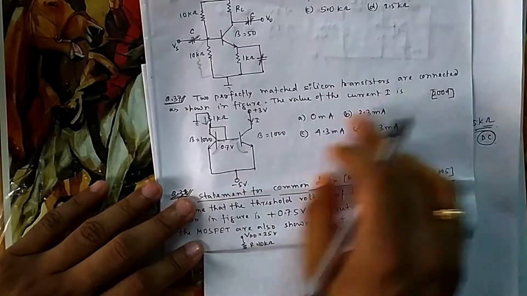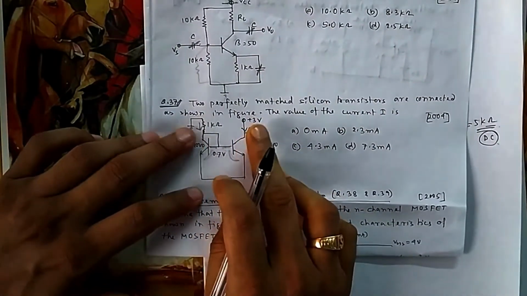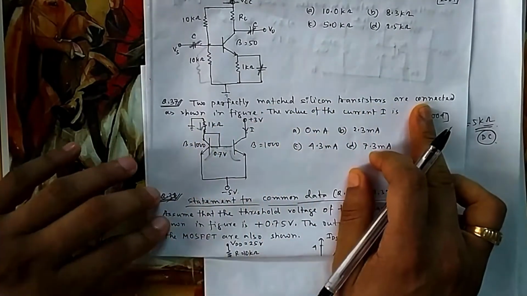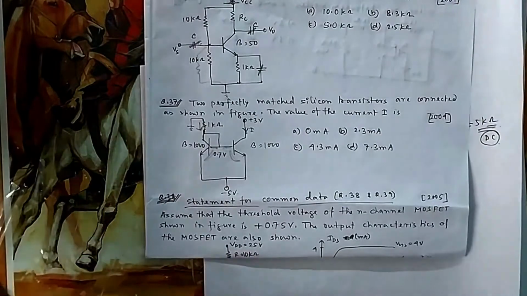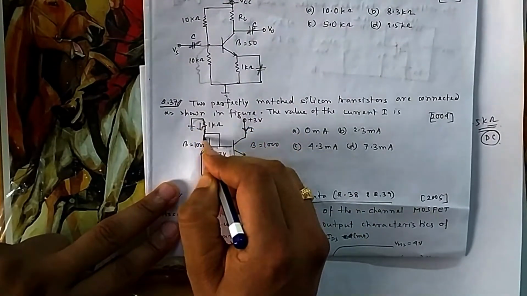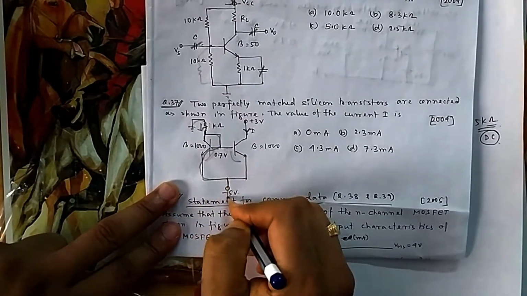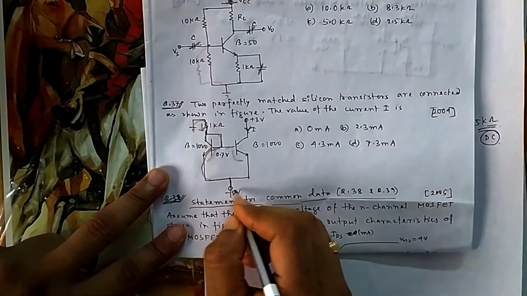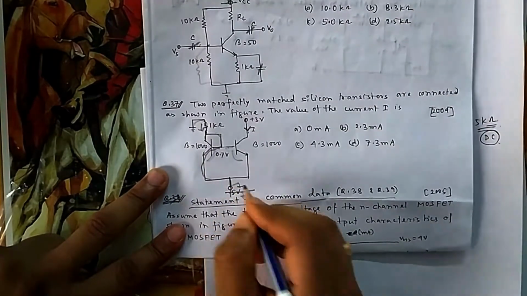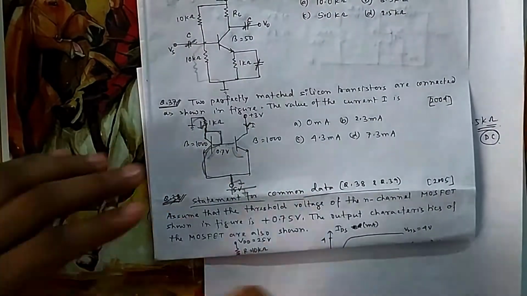Okay, now this is a current mirror circuit, and you have to be very clear with this one. You have to remember the circuit connected as shown, the value of the current I. Because this is I, this current is also I. So now you can take a KVL along this path. If I take a KVL along this path, because I know everything, see, this is minus 5, which means the minus terminal, then plus, then it is grounded. So if I take this path, I know every voltage, so I can find the current.